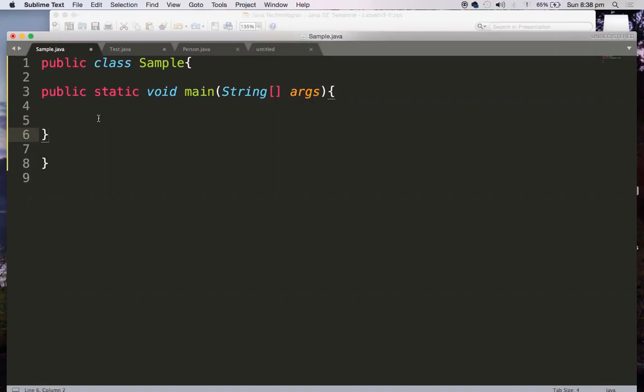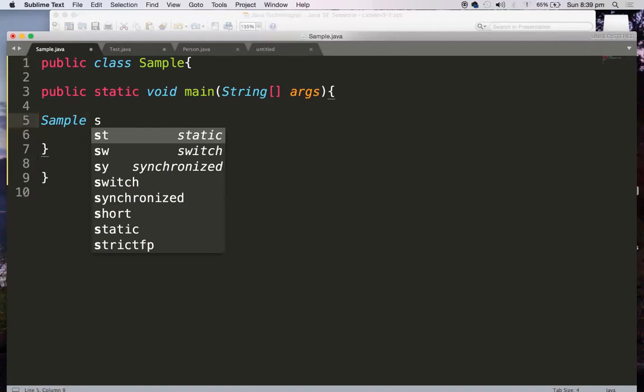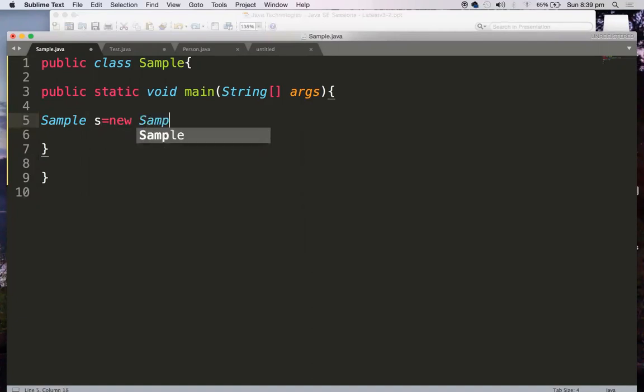You have an alternative for naming your source file when the class is not public, but when it is public and contains main, there is no way to escape this. So you must save this as Sample.java. Now I have a class Sample. Of course I have no data, and I can create an object for this. Sample s = new Sample();